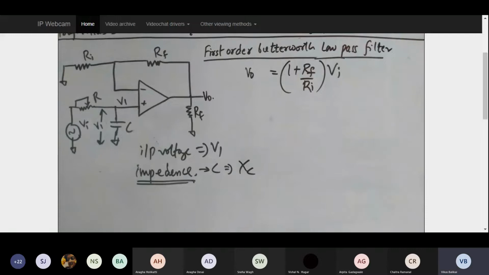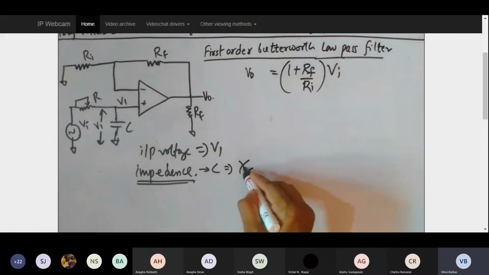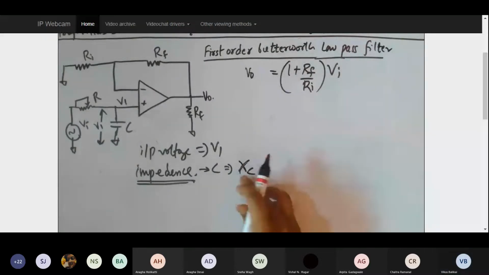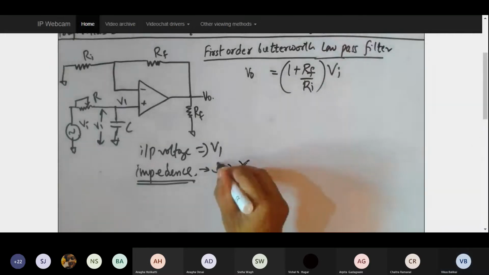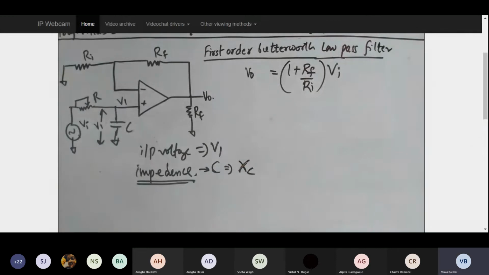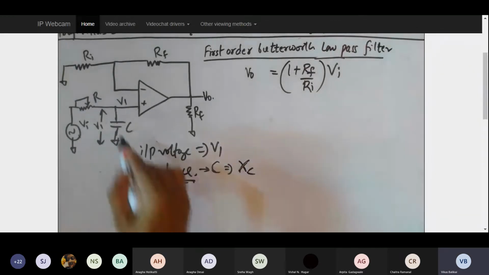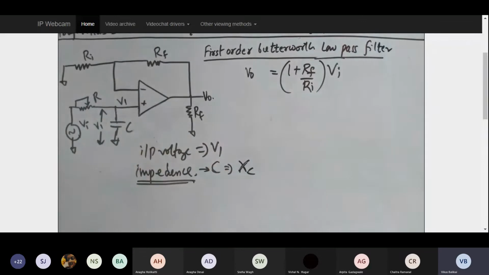And similarly, the impedance given by the inductor is given by XL. Right now the inductor is not there, so let us not worry about it. So now, this is XC. Let's try to calculate the voltage across the capacitor by applying the voltage division formula. The rule is simple, the same thing. The element across which you need to find the voltage should come in the numerator.